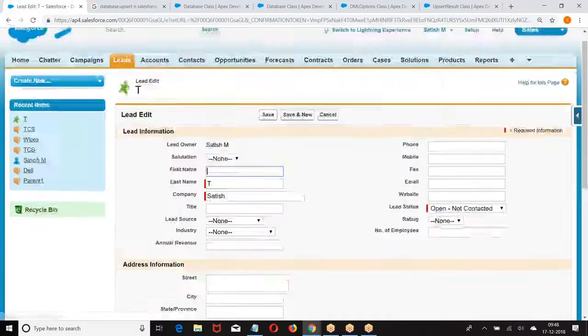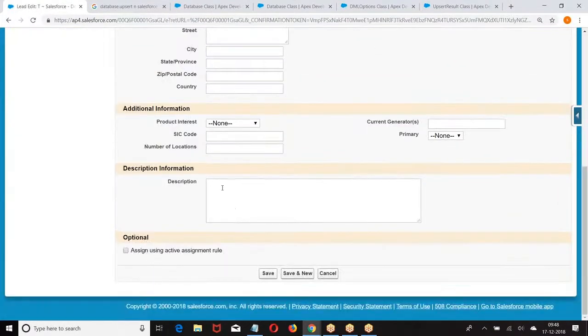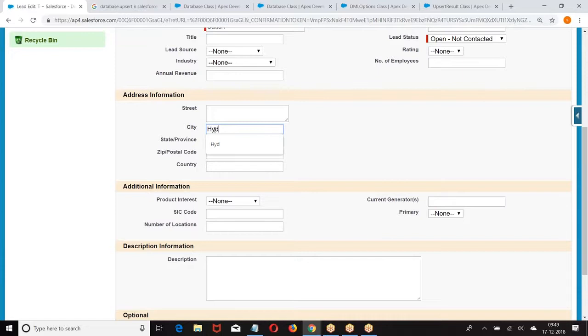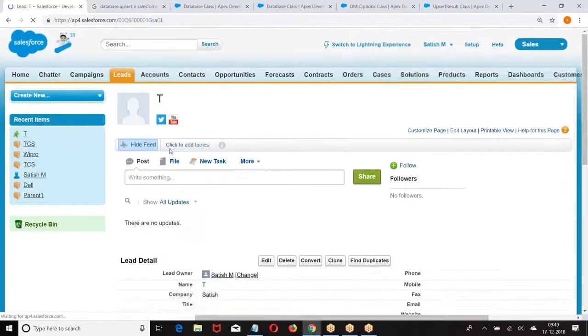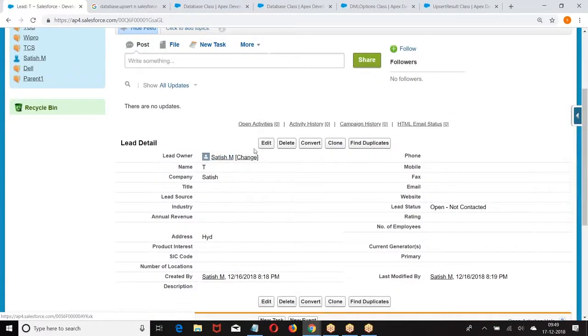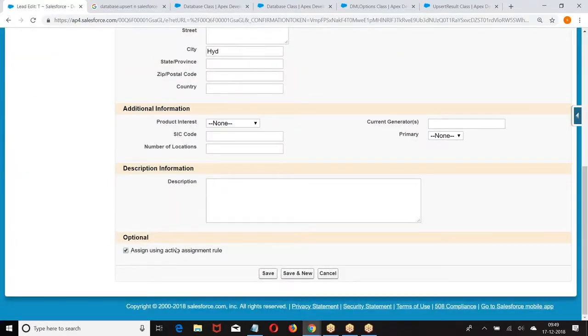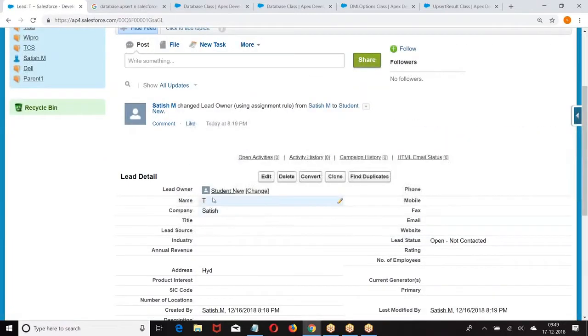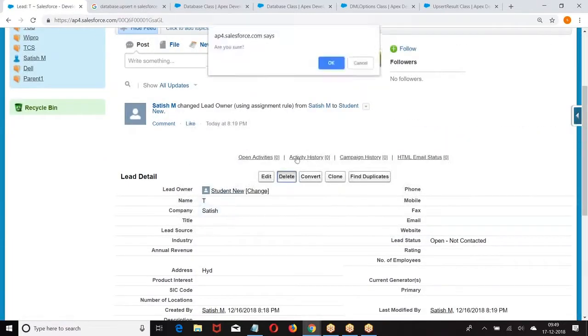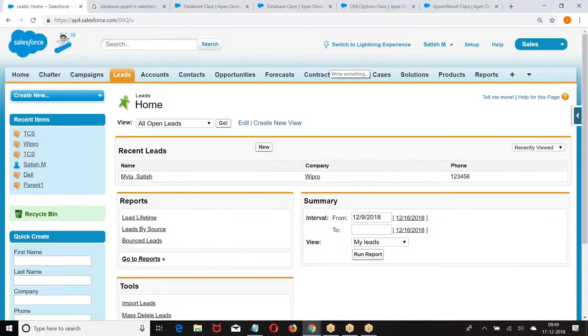If I want to make the owner of the record, let us say Hyderabad also. Still, who is the owner of the record? Satish. If I select this checkbox, assign using active assignment rules, who is the owner of the record? Student.